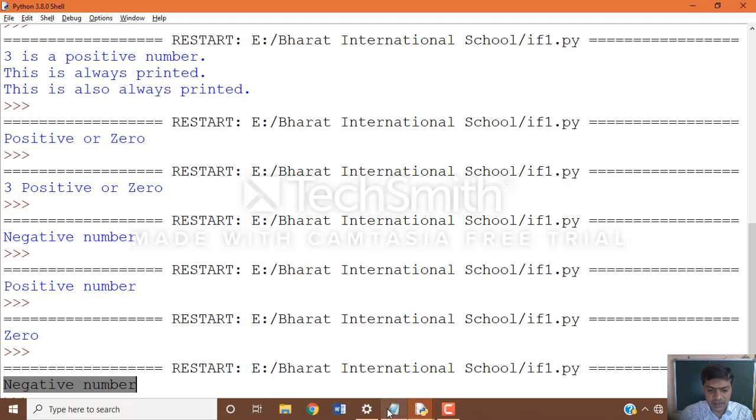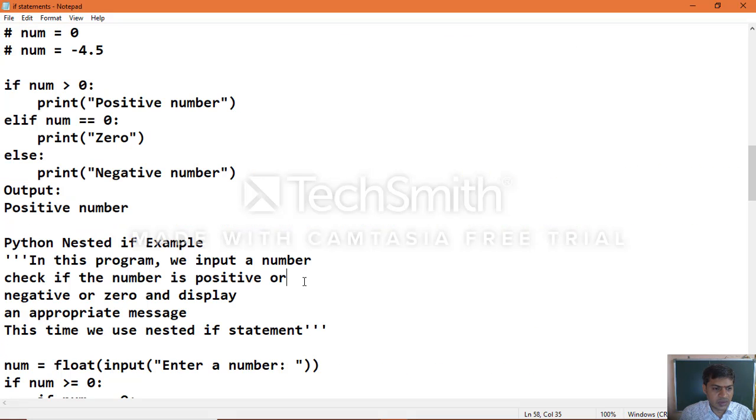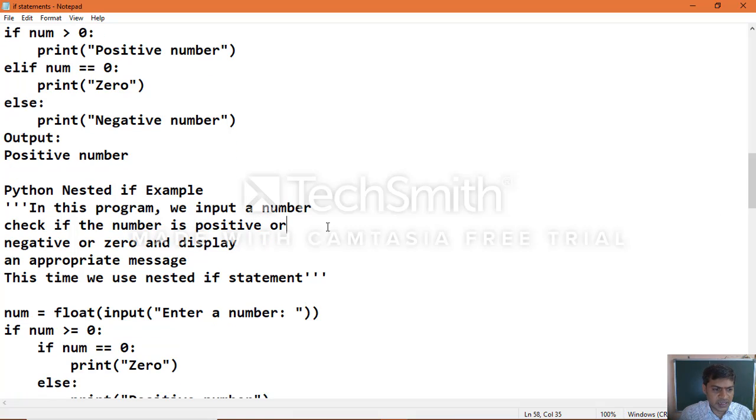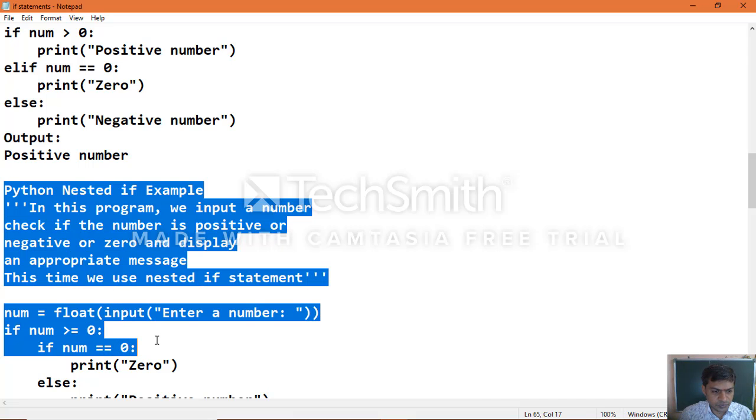Now we'll proceed with another example, the way we can make use of nested conditions. Nested condition, Python nested example.